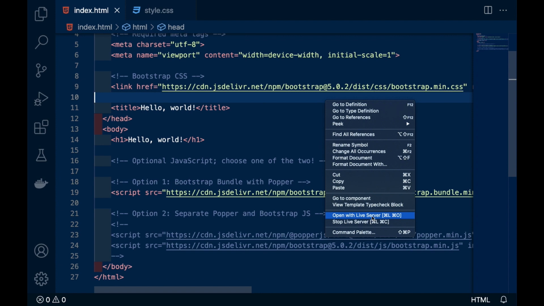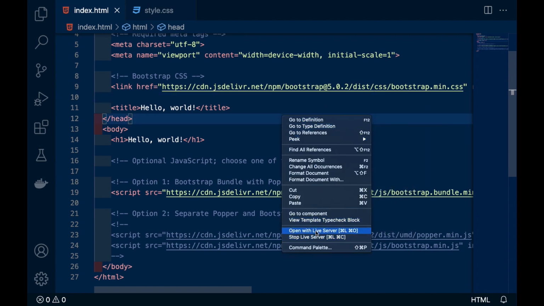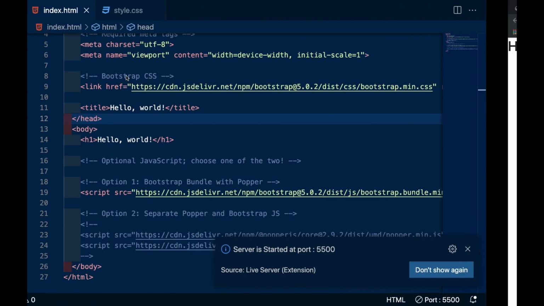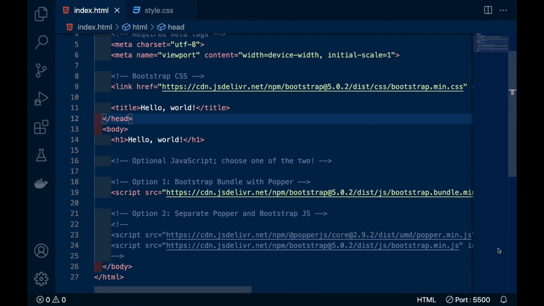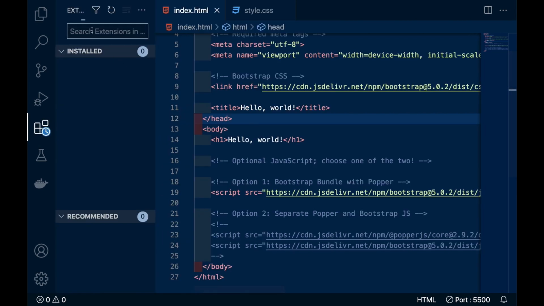And now open it with live server. So right click and just go below and you see there is an option, open with live server. So if you don't know friends what a live server is, then I will show you quickly. It is an extension. To download that you need to come here. There is an extension option in VS Code. So click here and there is a search bar.